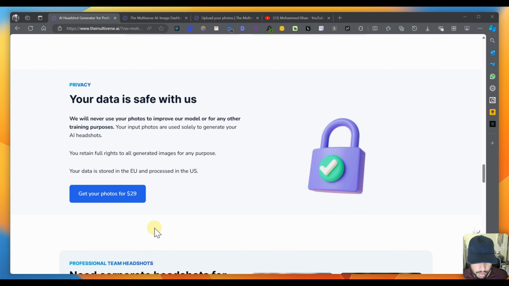So one thing I just wanted to point out that they do mention on their website, your data is safe. They mention they're never going to use your photos to improve their models or for any other training purposes. Your input photos are used solely to generate your AI headshots. Now, we have to take their word for it. Do I trust them? Well,